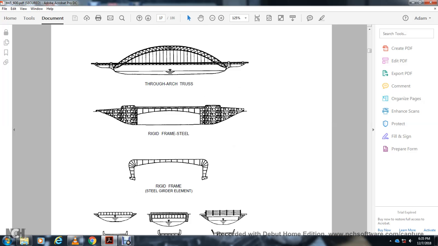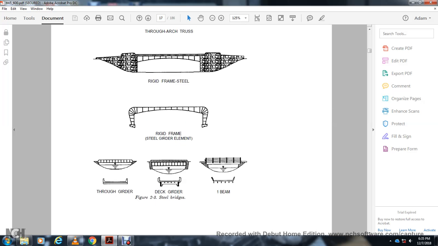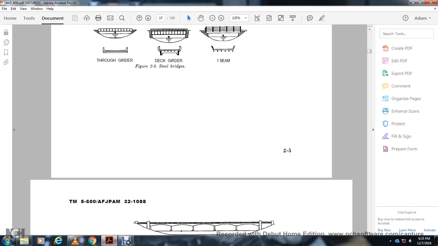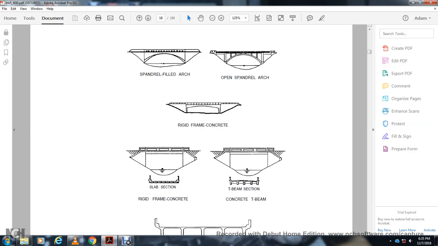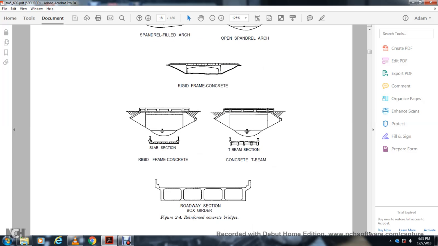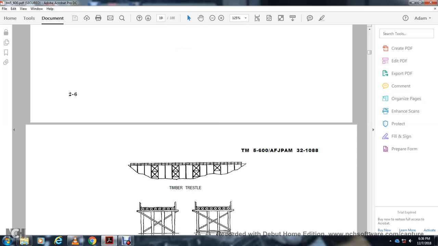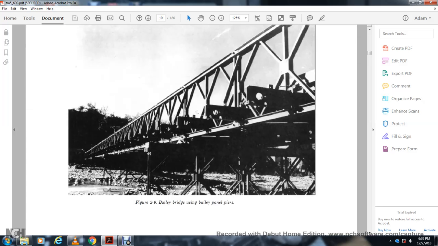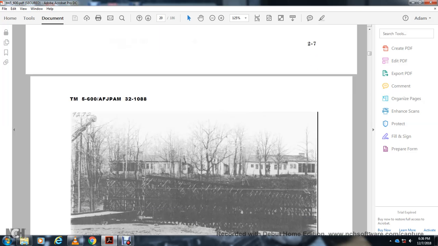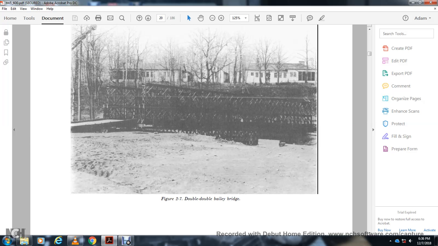frame steel girder element, through girder, deck girder, and I-beam. Continuous girder, spandrel-filled arch, open spandrel arch, rigid frame concrete. Your rigid frame concrete slab section and T-beam section, concrete T-beam section. Roadway section, box girder, reinforced concrete bridges, Figure 2-4, timber trestle, pile bent, frame bent, and then it shows a picture of your rail Bailey bridge using a Bailey panel piers. And then this one would be a double Bailey bridge,